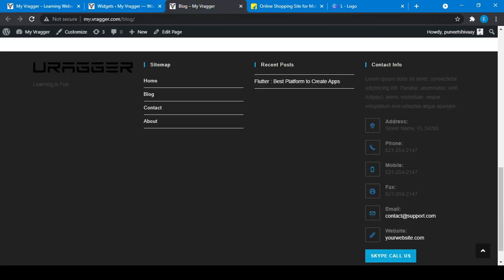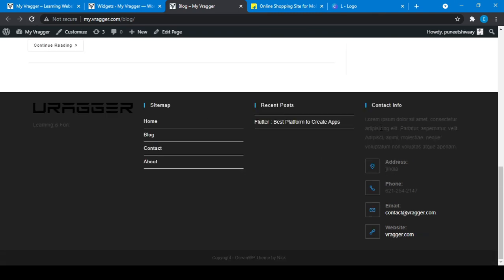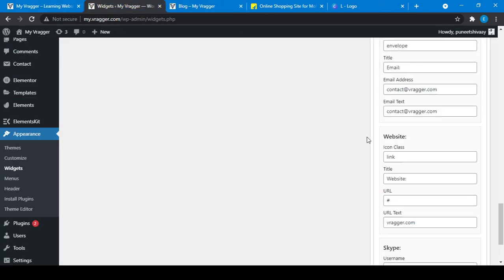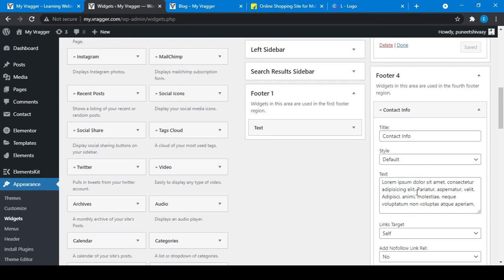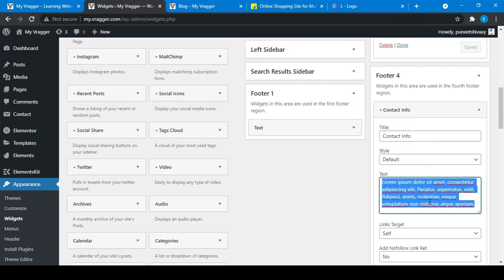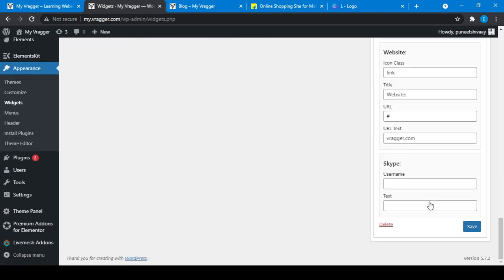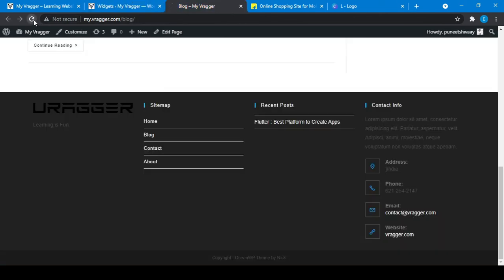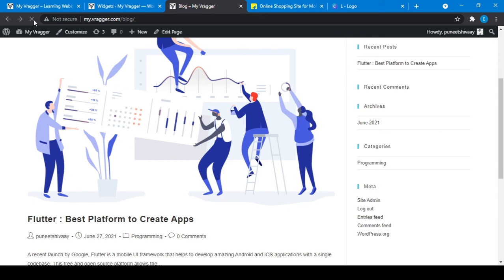Now if I refresh this page, now it's a little bit better. I don't also want this font text, it's taking too much space and it's not necessary for me, so I will remove this one also. Now better. If I refresh this, it's better now.